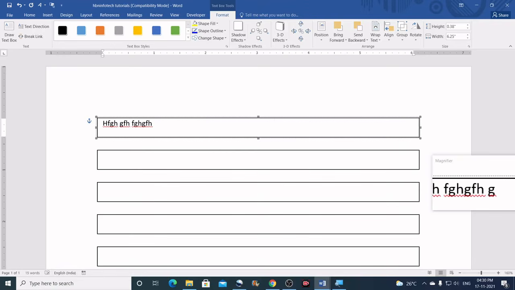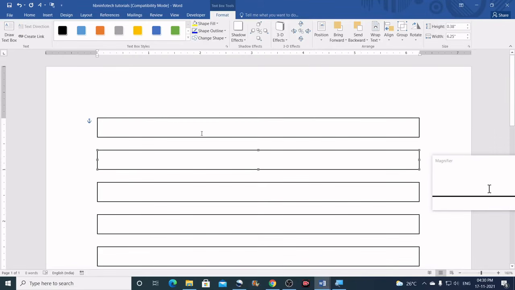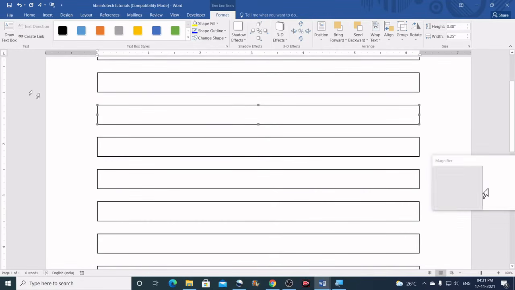Now we will need to continue the same process. Click and select the second text box, take Create Link, click inside the third one, and repeat the steps for all of the text boxes.